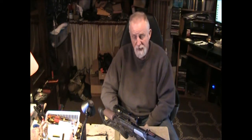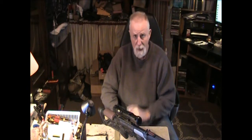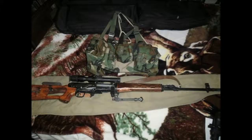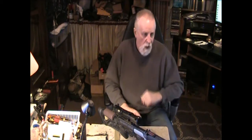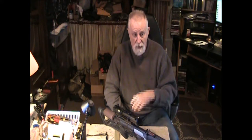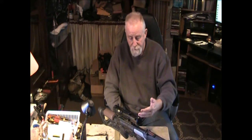which was an Ares S&T SVD. I'm going to show a picture of that right now. The Ares S&T SVD was a gun that I did the same thing to. I got a sling mount. I've got a PSO-1 scope on it with a regular mount, vintage mount, and I put a metal flash hider